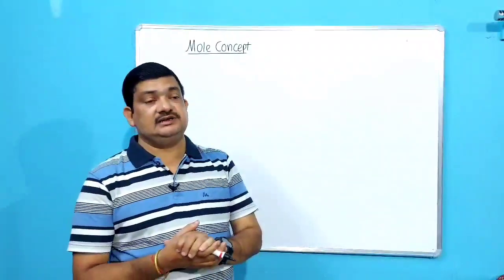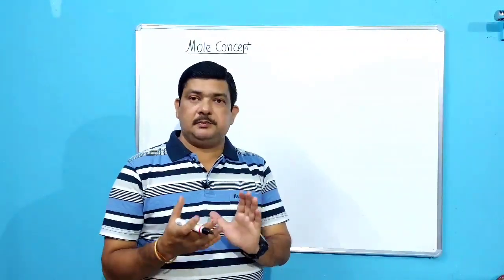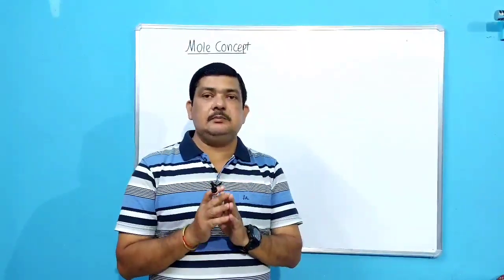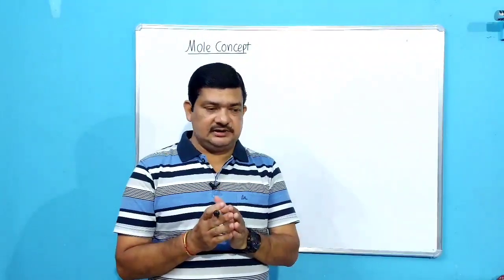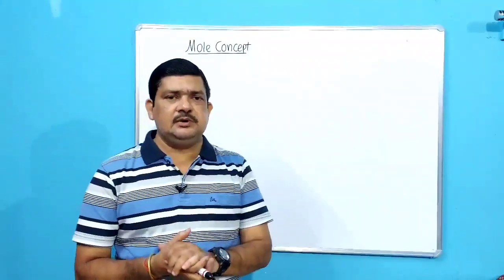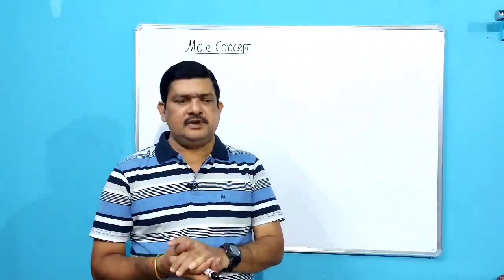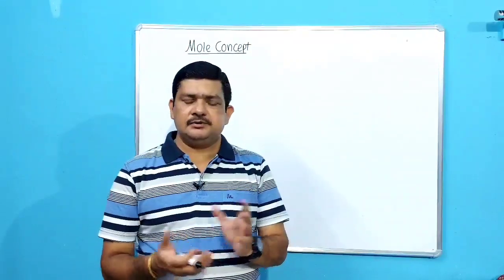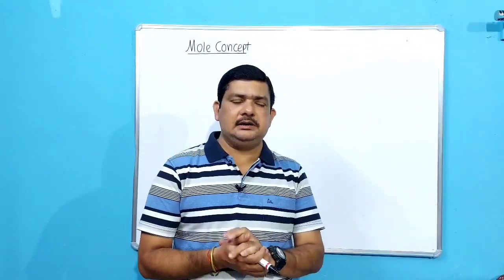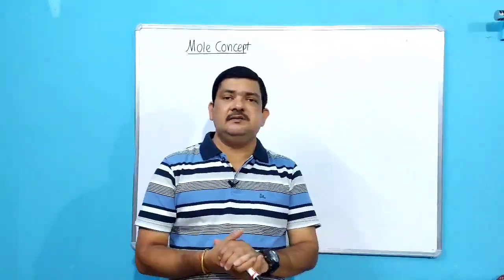So next students, as I told you, we start an important portion of chapter 1, that is mole concept. So first let us know what a mole is, then we will proceed with mole concept. Okay. So a mole is nothing but a bigger unit, a very large unit. Why is a large unit required? Because by the time we have reached here, you must have seen that atoms or molecules have negligible mass, of the order of 10 to the minus 24-25 gram, which is almost negligible. So if we speak of a single atom or single molecule, it makes no sense. It is of no use. Neither can we calculate it nor is it effective.